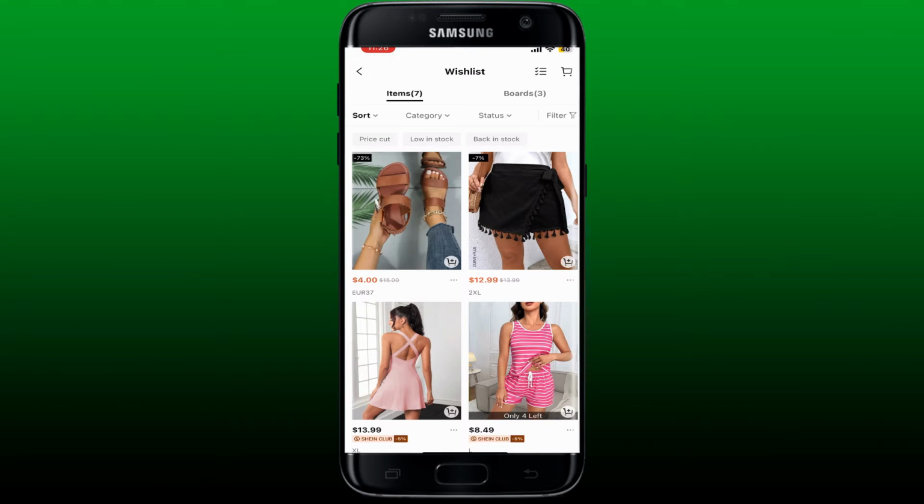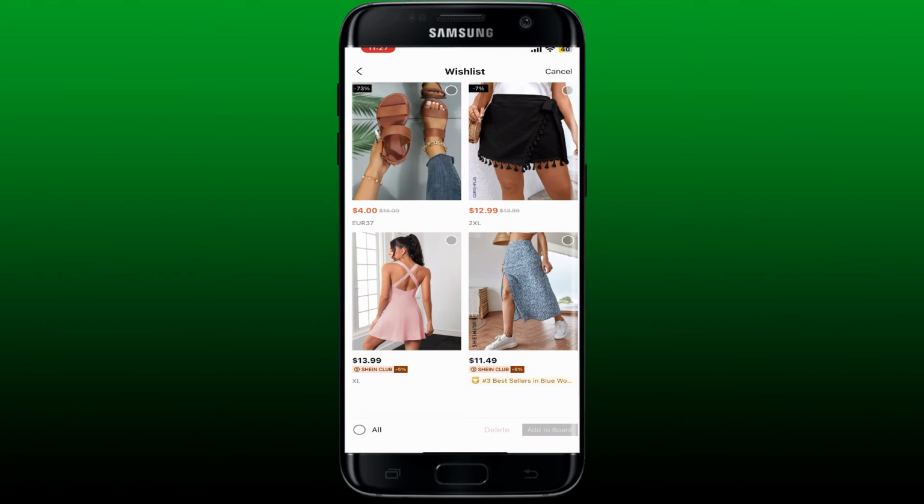As you can see, all of these products that I've added previously have now been added to the wish list. You can now go ahead and select the products from your wish list and add them to the board. Simply tap on these 3 lines at the top right hand corner and select the product. Simply tap on the product and then tap on add to board at the bottom right, and soon after you